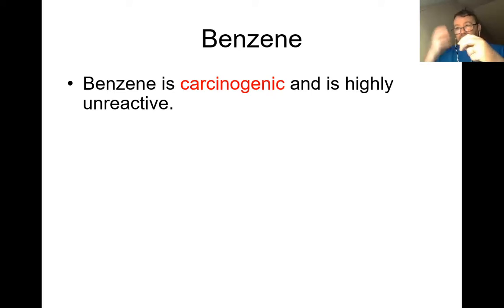But because of these 6 delocalized electrons that are spinning and pulling the carbons in and strengthening and stabilizing that molecule, it also becomes very unreactive. So it takes a lot of effort to get benzene to react with anything. However, when we do get benzene to react, the number of compounds that we make on the backbone of benzene